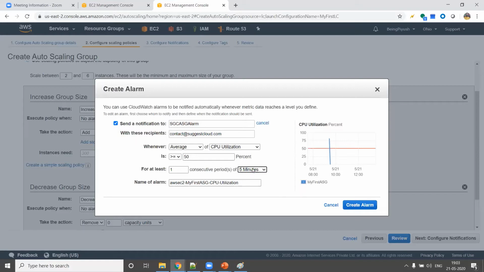Ideally it should be 10%, but if the load is 50% for a minimum of 5 minutes, you create the alarm.